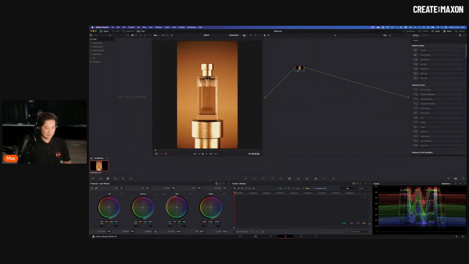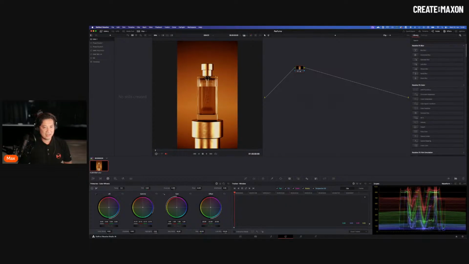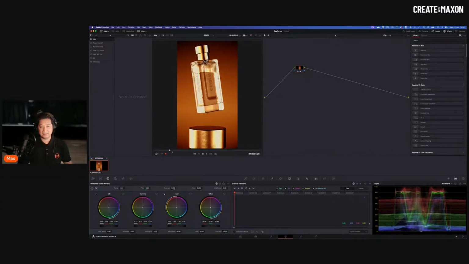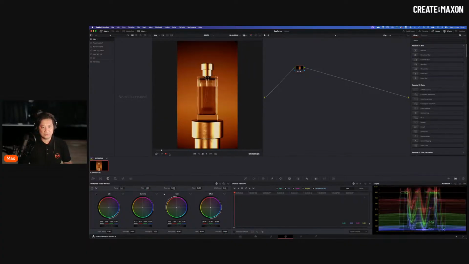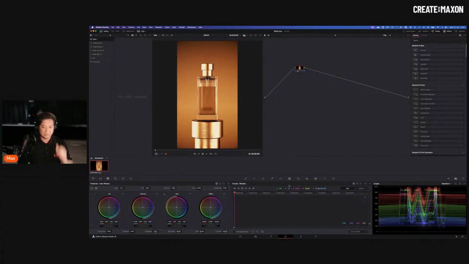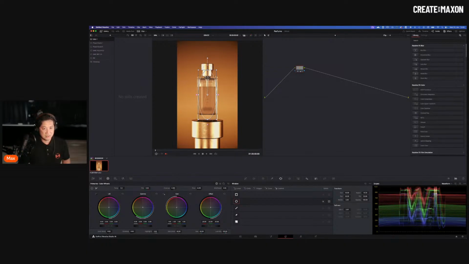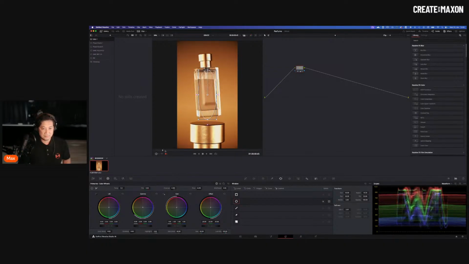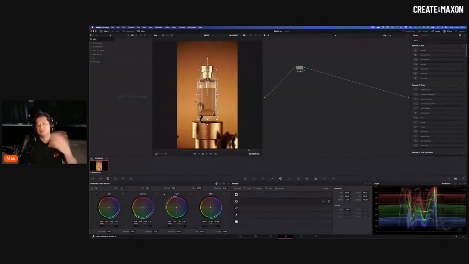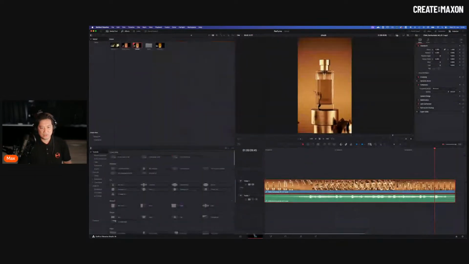Right. So again, I want to show you this. If I do a little adjustment here, because I didn't cut the clip, I didn't cut the video, it carries over to all of the shots. And I don't want that, right? Because I want to grade that based on shots. So for example, here, if I am doing just the perfume, maybe brighten it, and if I scrub it, it carries over to all the shots. I think you got the point, right? So what I want to do,